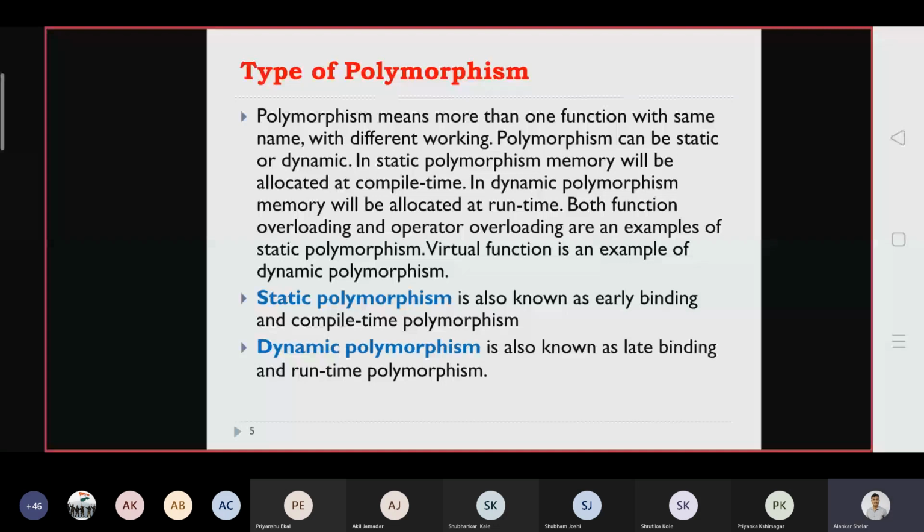That means whatever the call is decided, which function we want to call, that call is decided at compile time. It is static, and that will be executed as it is. So in the object code, whatever function call is given after compilation, that function gets executed. But in dynamic polymorphism, or runtime polymorphism, or you can say late binding,